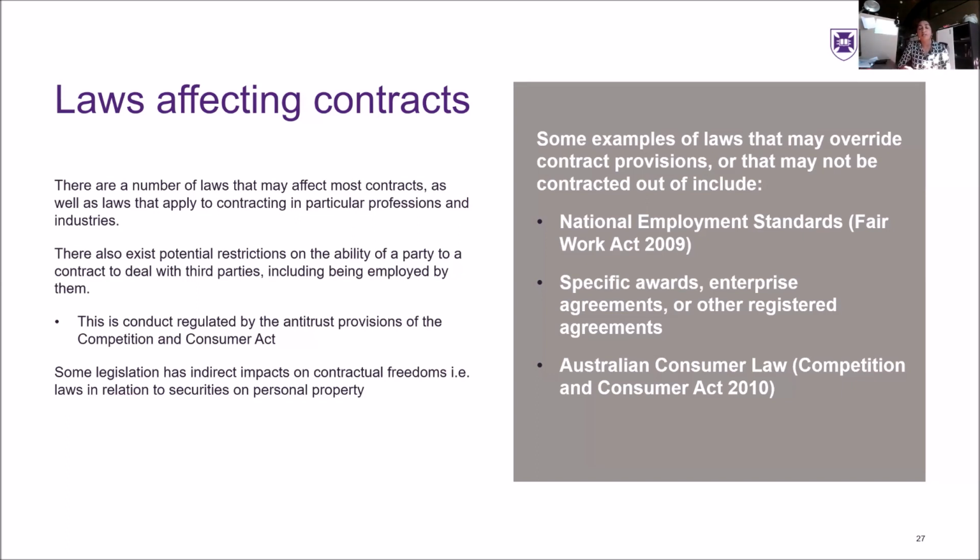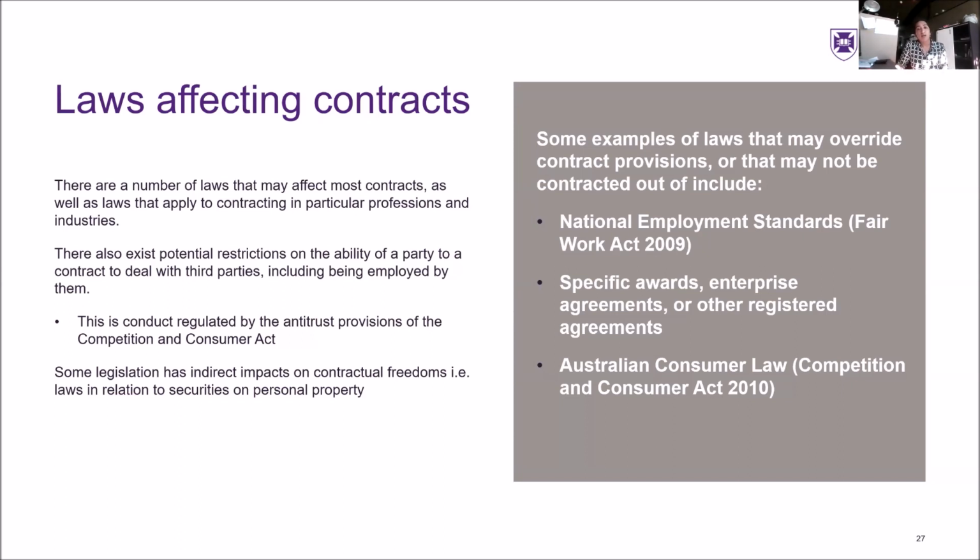So I guess one example is that last year, the ACCC stopped or opposed Woolworths from buying an IGA in I think a town or a suburb just outside of Canberra. And that opposition meant that the merger, the acquisition, didn't take place. So that's a sort of stopping people's contractual freedoms in the first place. Might be that some legislation indirectly impacts your contractual freedoms as they relate to securities on personal property. So there's legislation that you need to register if you have a security over an asset, a personal asset, in order for that to be valid and that to be enforceable.